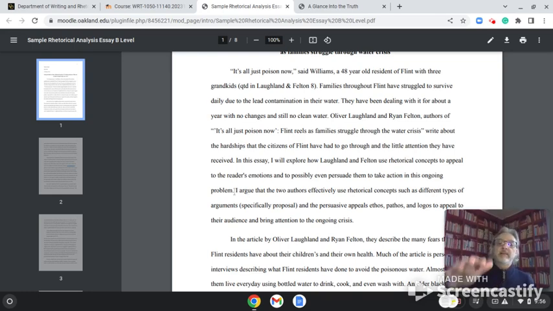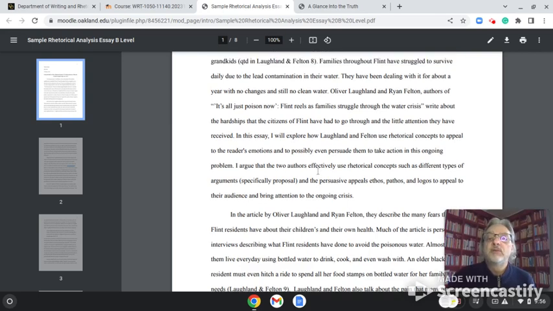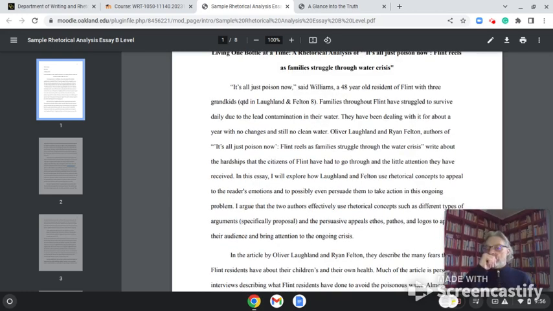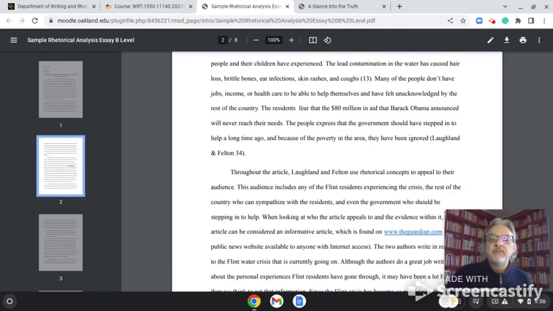So what I like about this paper on the article that they are rhetorically analyzing is that their claim is really strong. They argue that the two authors effectively use rhetorical concepts such as different types of arguments, specifically proposal, and persuasive appeals, ethos, pathos, and logos, to appeal to their audience and bring attention to the ongoing crisis. I think in this case, it is the Flint water crisis. I love that. It's very, very strong. And it goes through fairly well. I think there are a few missing items here, but